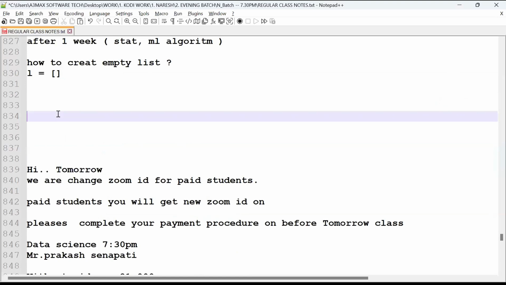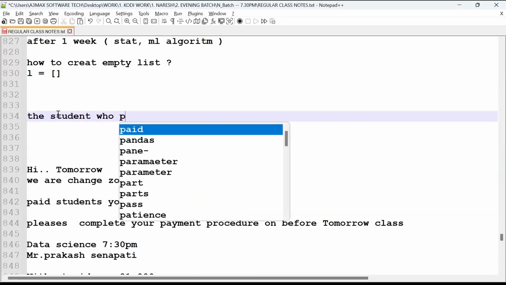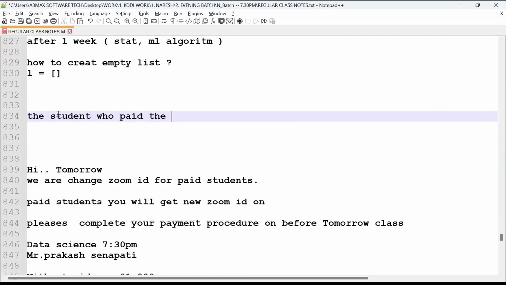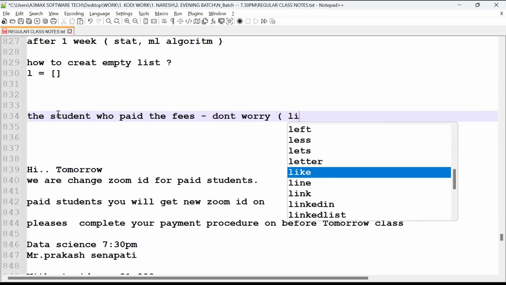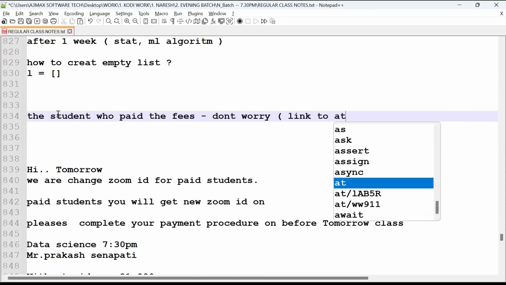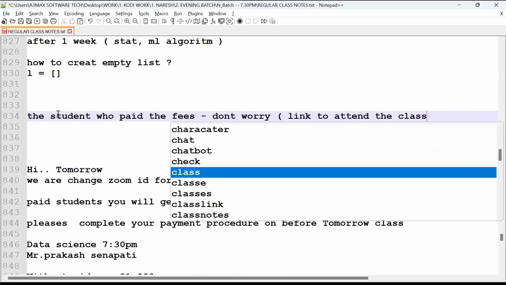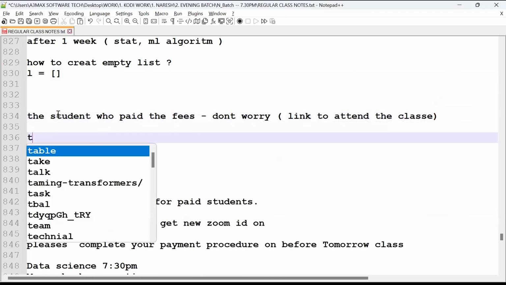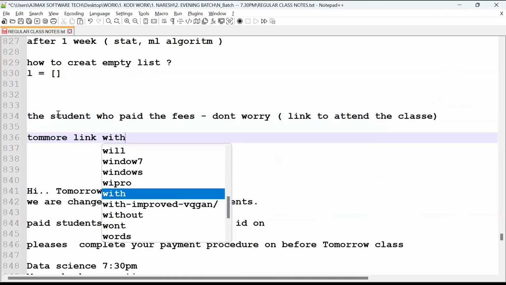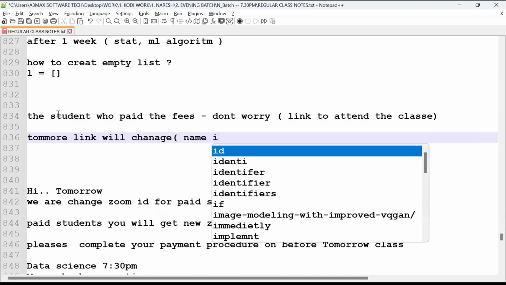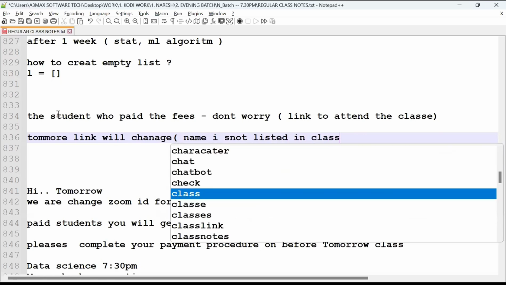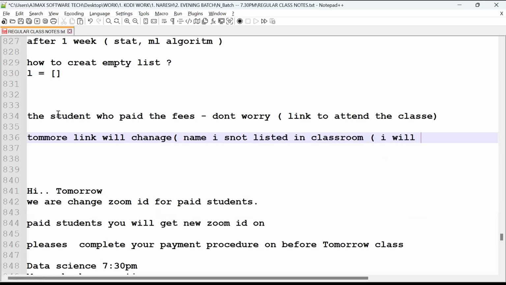Okay, so let me tell you guys. The students who paid the fees, I see many of them paid. Once you paid the fees, don't worry. That's why you got the link to attend the class, right? And sometimes the updates are maybe not done. Tomorrow the link will change. If your name is not listed in the classroom, I will give you the link.